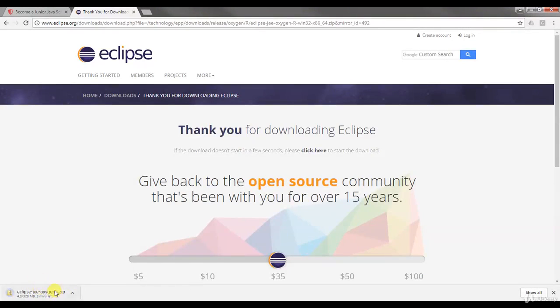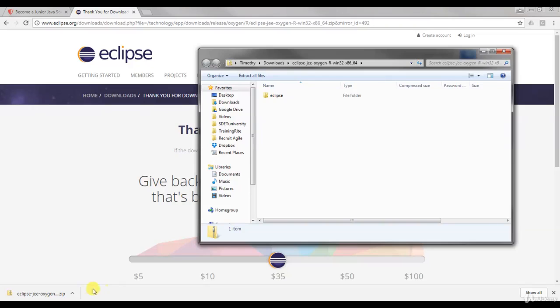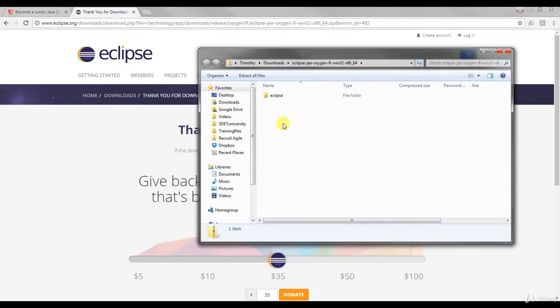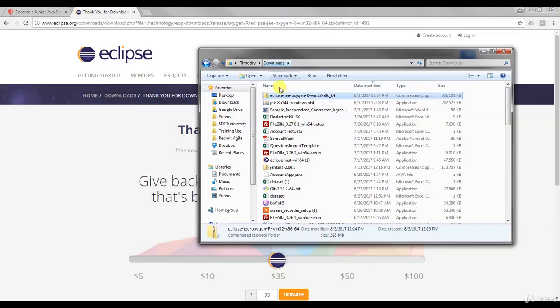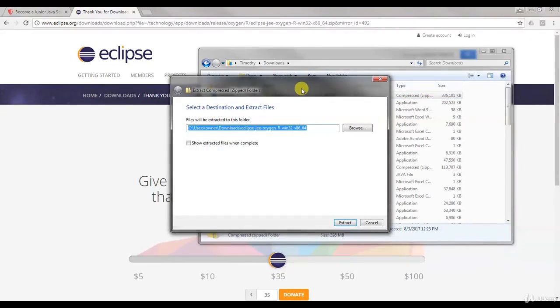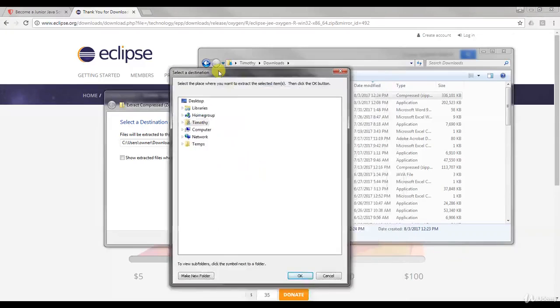Okay, so I'm going to pause this here, let this download for a minute, and we'll come back in just a second. Okay, I finished downloading, so open this up. Here we are. Here's my downloads. Okay, so I'm going to extract this zip file, and I'm going to put it inside, let's say,